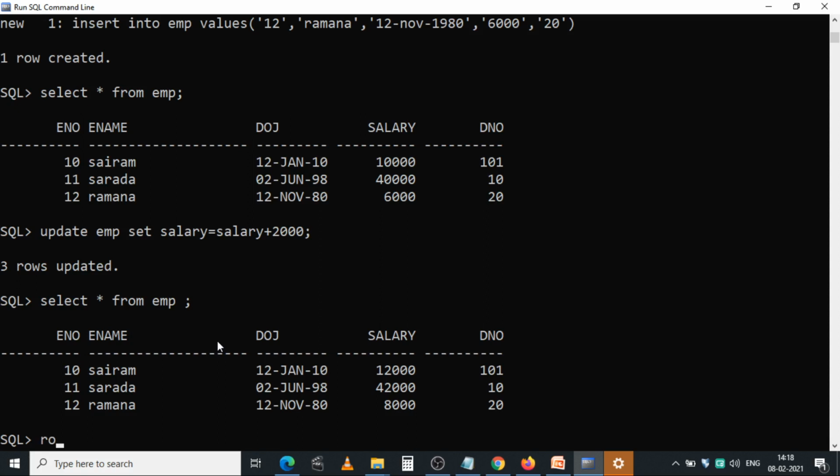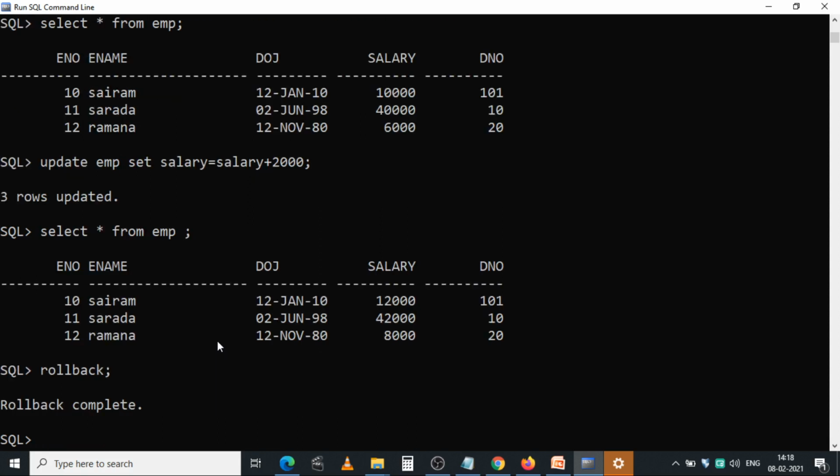If you want to delete the changes made by you in the table, you have to press rollback. So the rollback operation deletes all the previous operations you have done on this table.